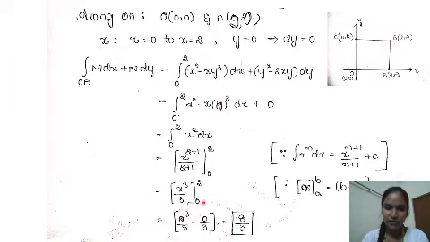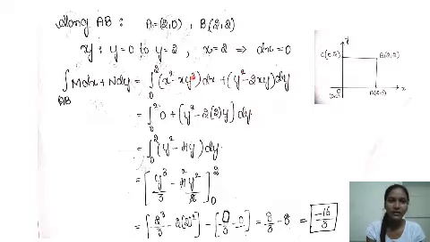For this also we have the formula: x from a to b is equal to b minus a. In place of b we have 2 and in place of a we have 0. So first we substitute 2 in place of x and then 0 in place of x, that is 2³ by 3 minus 0 by 3, which equals 8/3. Next,